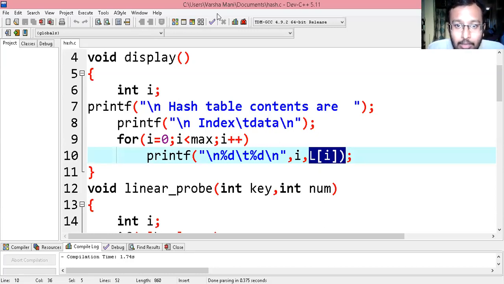Now, once again, I'll stop sharing the screen and run the program and show it to you. Just 1 minute.